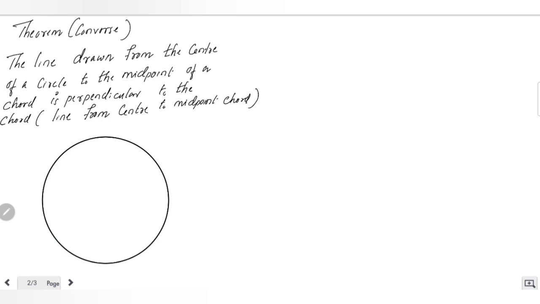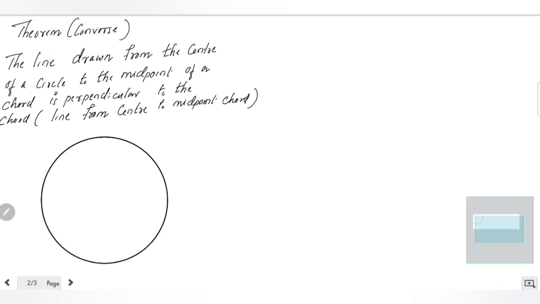So let me draw the chord. Chord AB, and M is the midpoint. It is given that M is the midpoint. And if you join from the center, it's not the center. The center is somewhere here. If you join a line to the center, then the angle between that line and the chord is always 90 degrees. So here, I will show you the proof, but it's not that important. The first one is important, okay? But I will show you that given